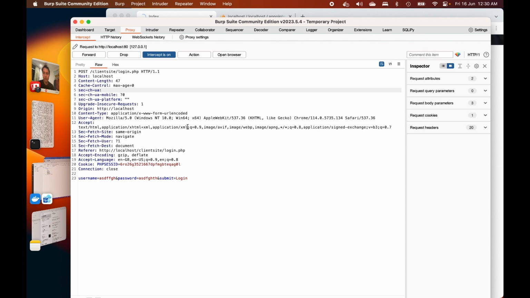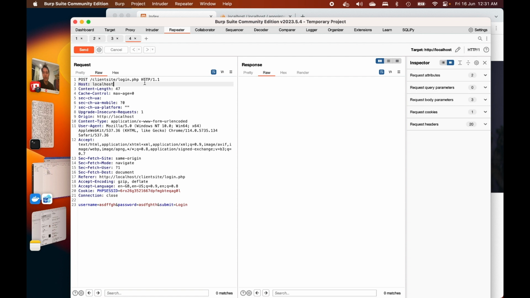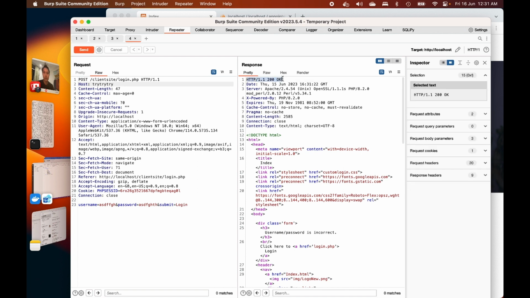so this is the request made by the client to the server. Send it to Repeater. First step is testing if host header injection is viable. Okay, let's put some random strings here, and let's study the reply. Let's study the response. This means 200 OK. So even though the host is not correct,